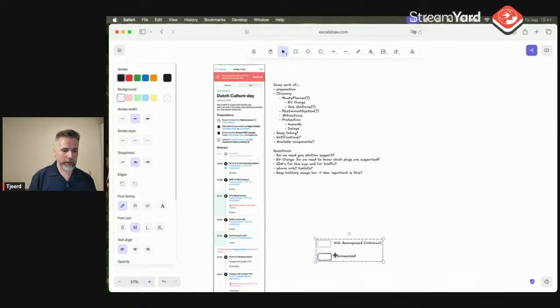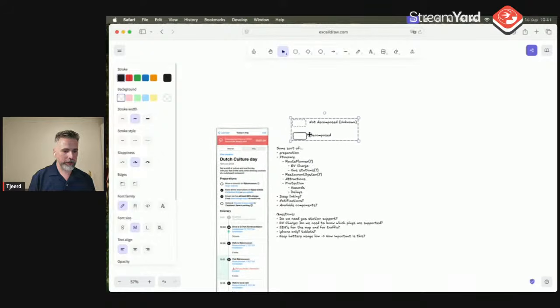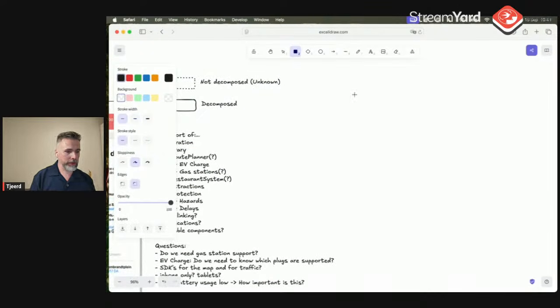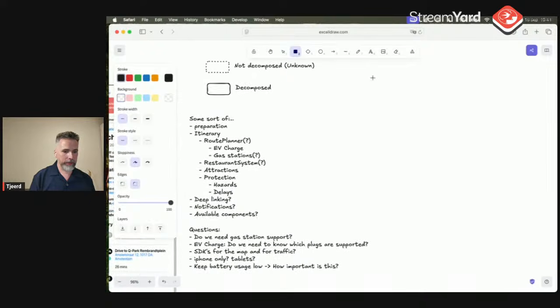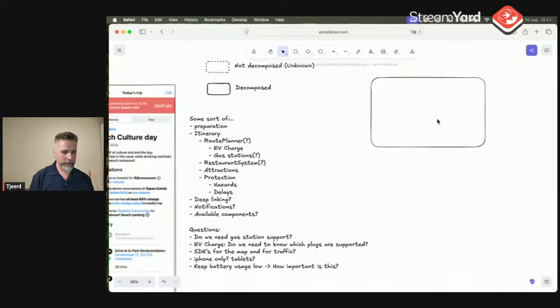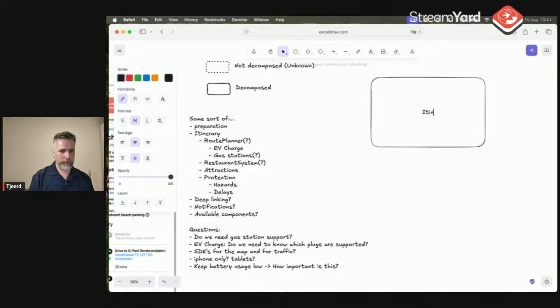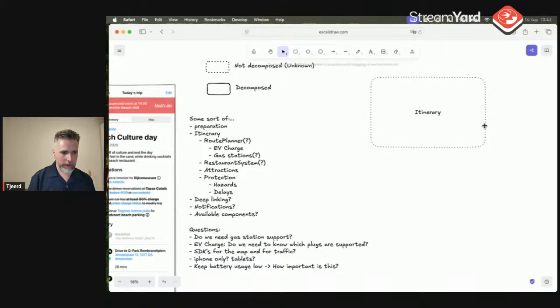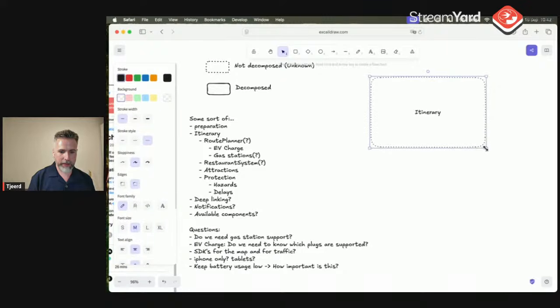I have stuff that I sort of decomposed and figured out, and stuff I have not yet decomposed and figured out. So I see I have some sort of day trip or itinerary. Let me start with that, and let me make it a dash because I have no idea yet how this works.